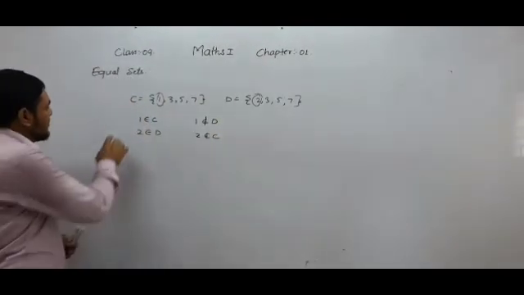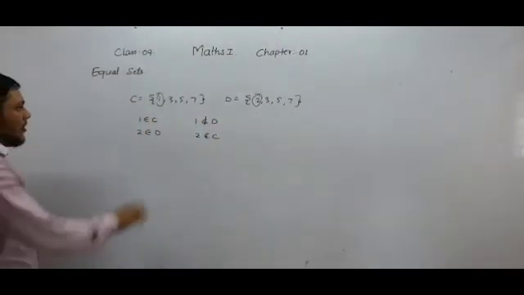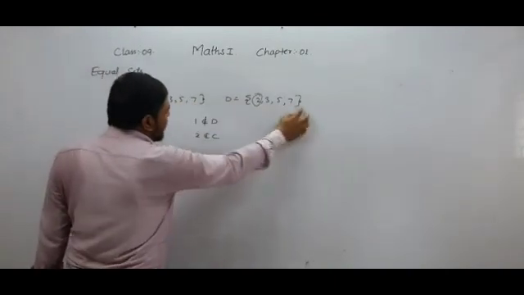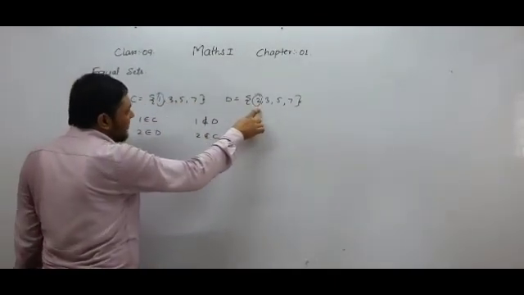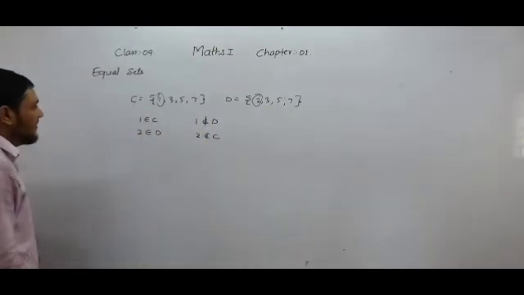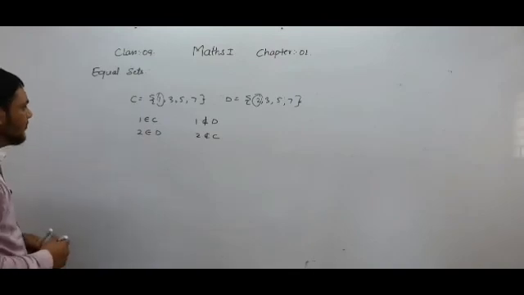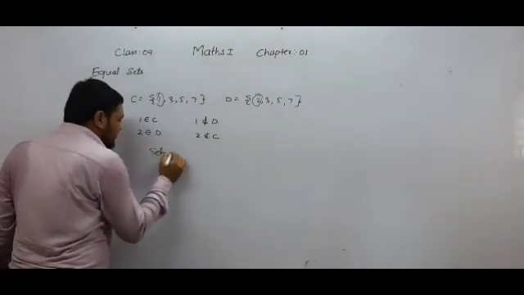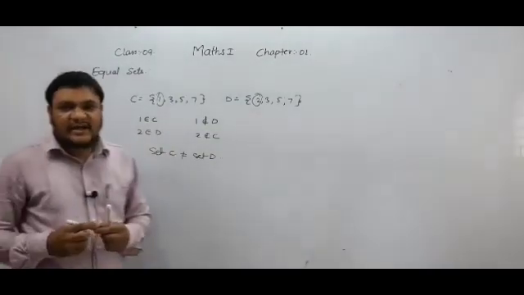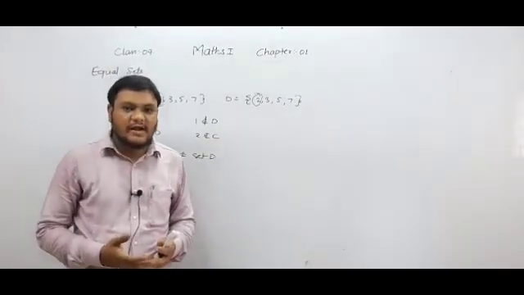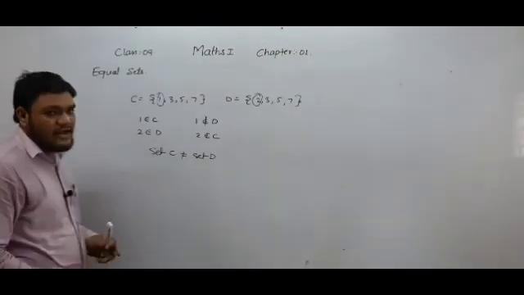If we want set C to be equal to set D, then all the elements should be identical. Here all these elements 3, 5, 7 and 3, 5, 7 are identical, but because of 1 and 2, there is 2 in set D which is not in set C, and there is 1 in set C which is not in set D. That is why these sets are not said to be equal sets. So here set C is not equal to set D. So remember that if two sets are equal, then all the elements should be identical. None of the elements is different in both the sets. So in this way we can show equal sets.